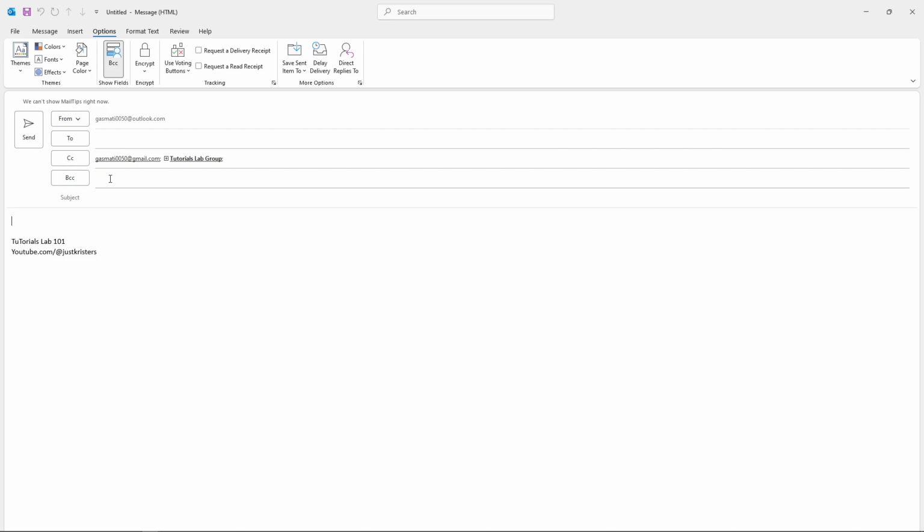Once you've clicked it, the BCC field will appear below your CC field. Just like with CC, you can simply enter an email address or multiple recipients into this field. The key difference is that anyone you add to BCC will receive the email, but their addresses won't be visible to anyone else on the recipient list. And there you have it. You now know how to use both CC and BCC in Outlook, giving you full control over who receives your emails and who can see the other